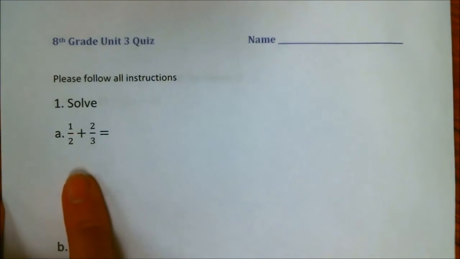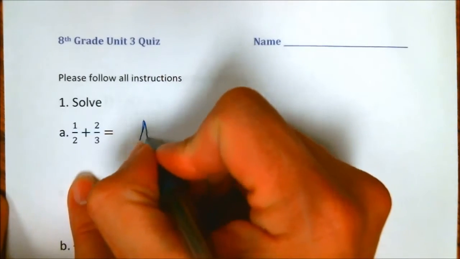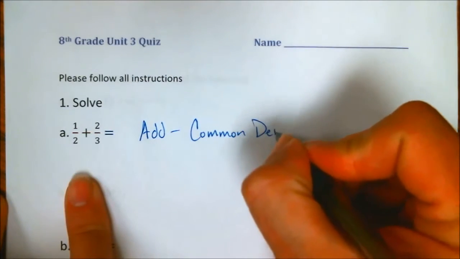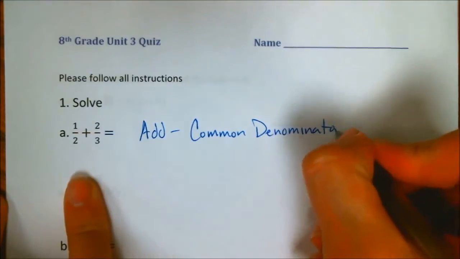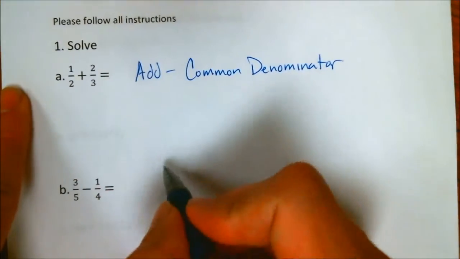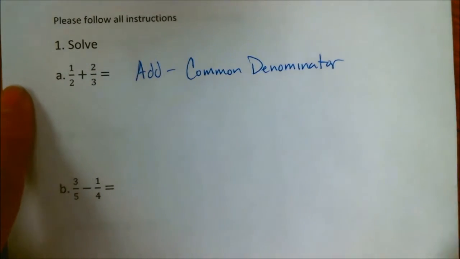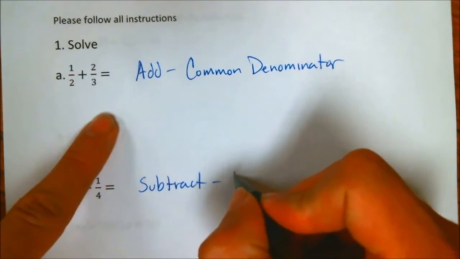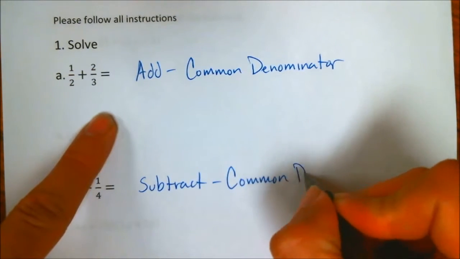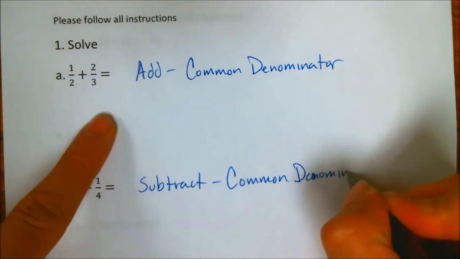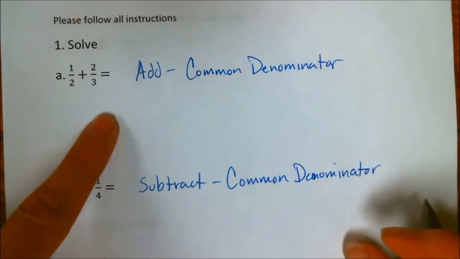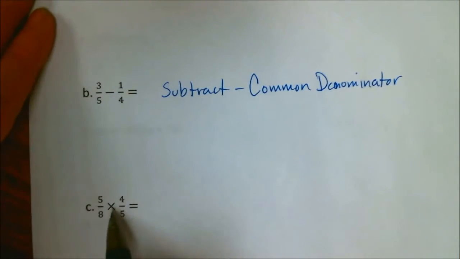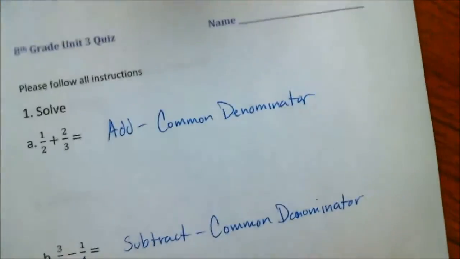Okay? So whenever you're adding fractions, you need to find a common denominator. The same thing applies when you're subtracting fractions, because subtraction is just adding negative numbers. So whenever you're subtracting, you need to find a common denominator. They're the only times that you need to find a common denominator, adding and subtracting. You do not need to find a common denominator for multiplication,